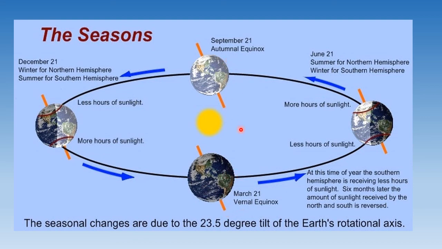the whole earth experiences equal day and equal night. Okay, on 23rd September, over here we have autumn season, so we call it the autumnal equinox, and this is also termed the vernal equinox, the 21st March. When it is over here, we have spring season in the northern hemisphere, and over here we have autumn season. So this was all.